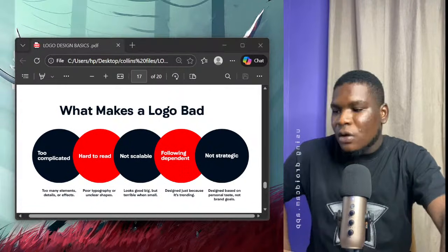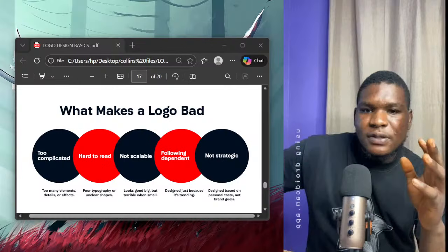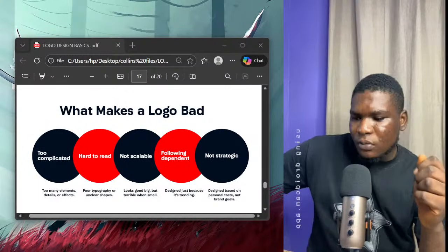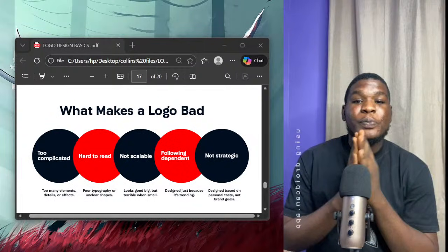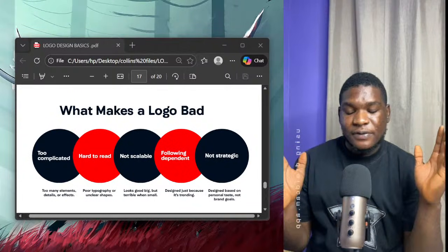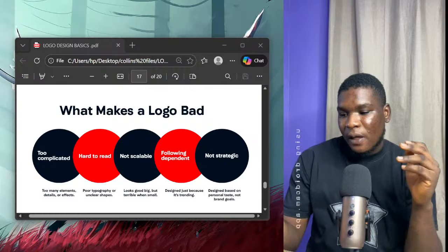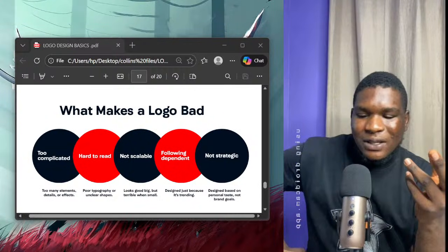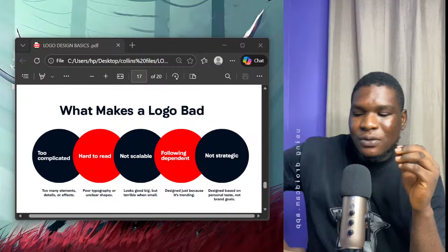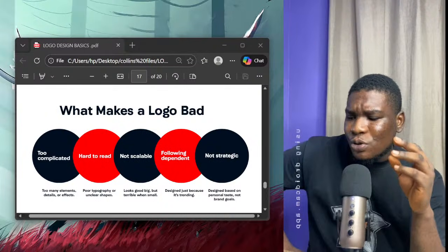So now, what makes a bad logo? As I said earlier, everything that has, sorry, not positive, everything that has a negative side. Simple: what is the opposite of simple? Too complicated. What makes a bad logo? If a logo is too complicated,